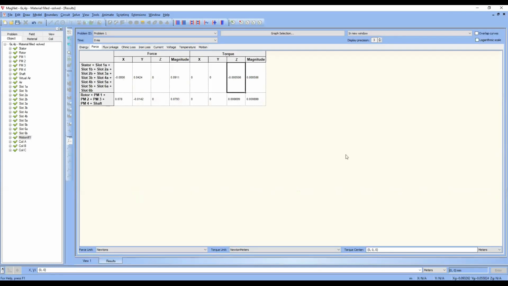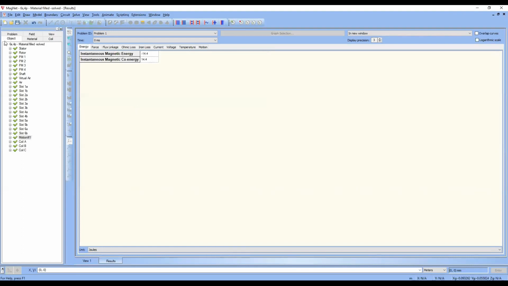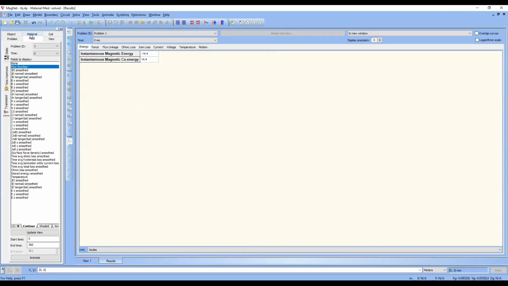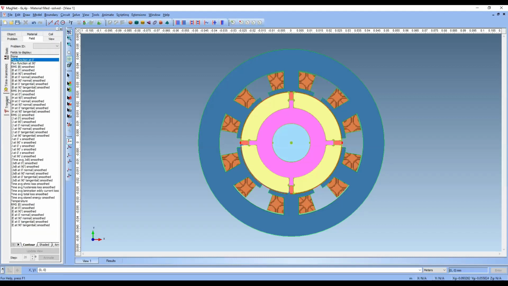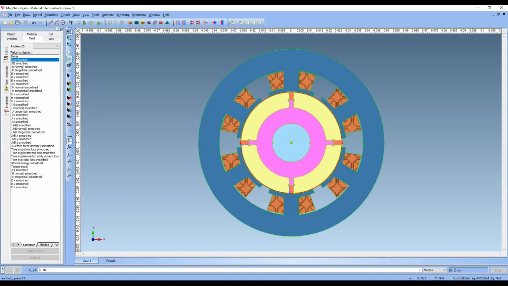Next, apart from these things, you can view your flux portions also. This is another important thing. For example, if you want to see your flux function or flux smooth, flux normal, anything, these are the fields available. These are static fields, these are time harmonic fields, and these are transient fields. In the static field, if you want to select any, just wait a minute, as this model is heavy.